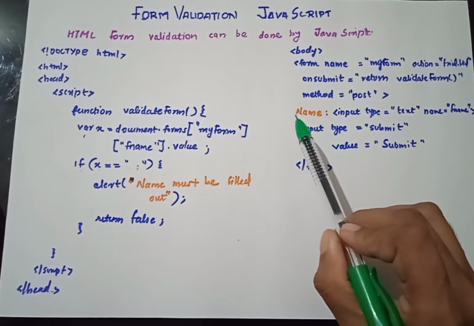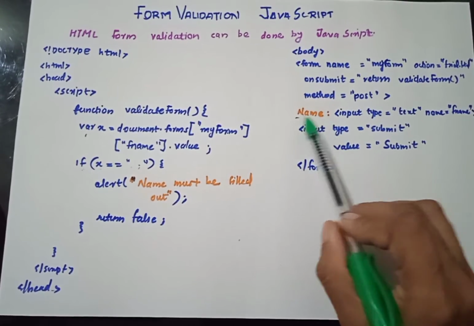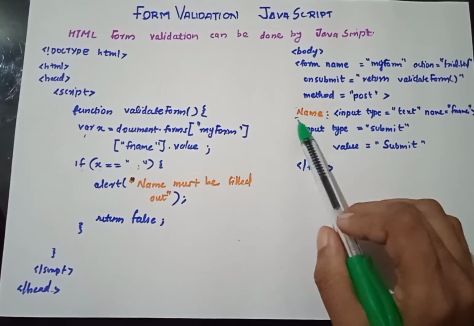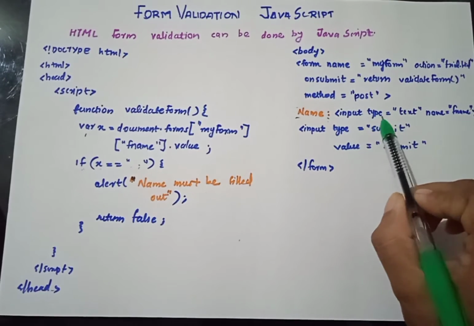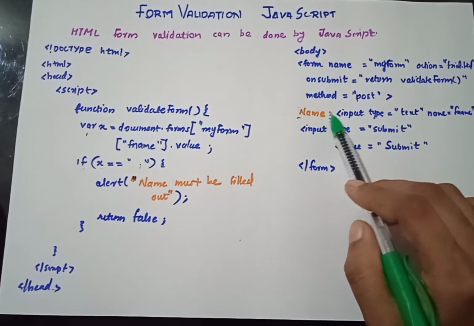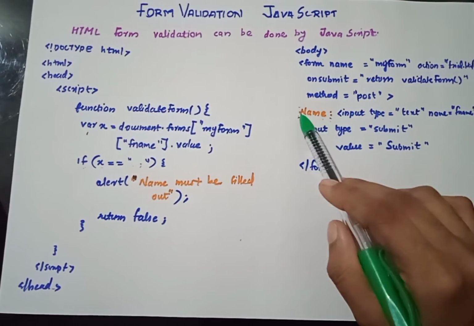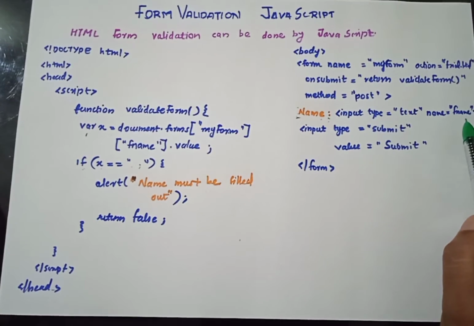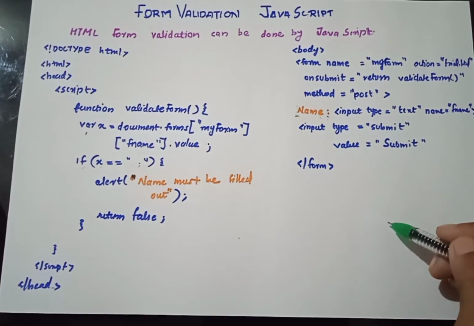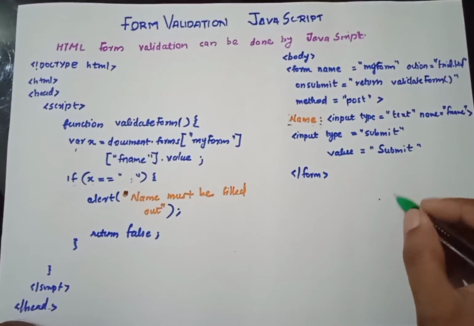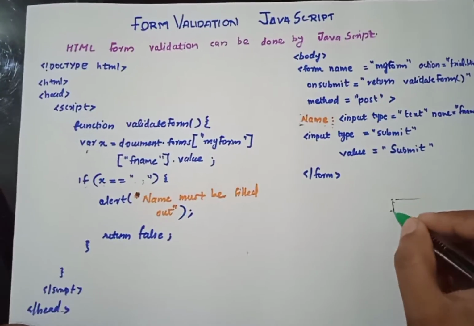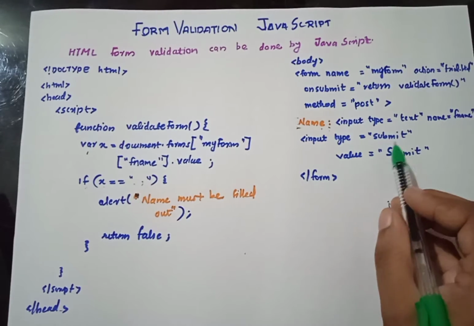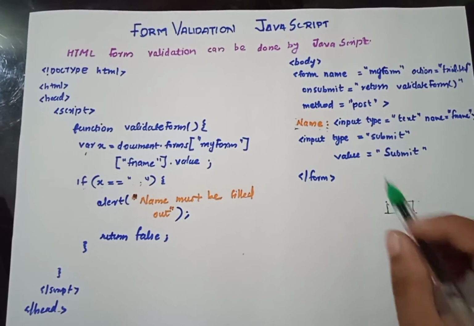Okay, so the next one is name. This is simply written like this because you have to display that as such in the page itself. So we just mention name, and input type equal to text. That means this name is a field where you have to input something, that is the name of that user. So input type equal to text, name equal to fname. This suggests we'll get a name and an input field like this. Inside that you can type your name. Input type equal to submit, value equal to submit, then you will get a submit button too.